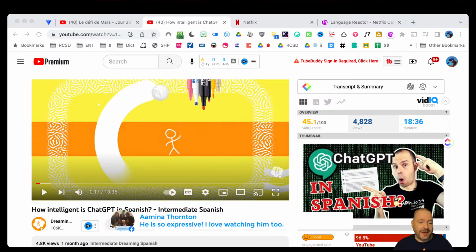Amina says, he is so expressive. I love watching him too. And he's just one. There's so many different ones in all the different languages. I just picked the ones I'm most familiar with, but there are lots of different ones in all the different languages. And what's great about them is you can find people from different regions that speak,